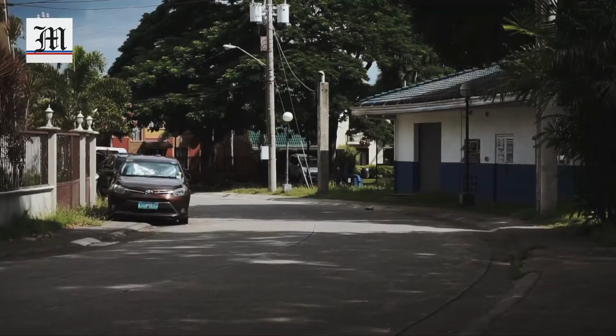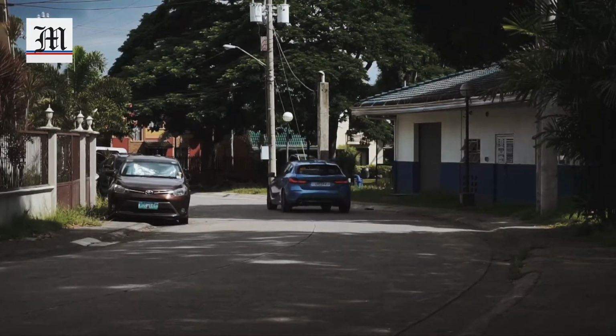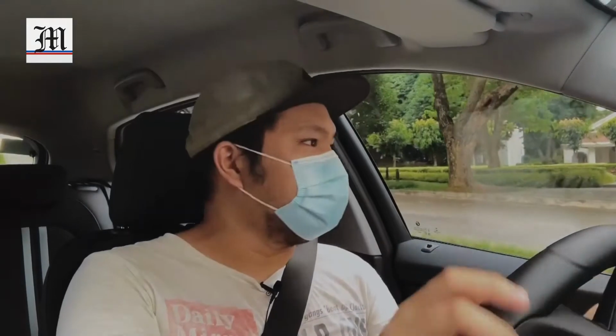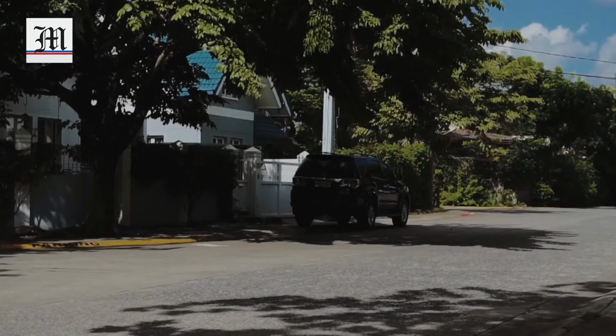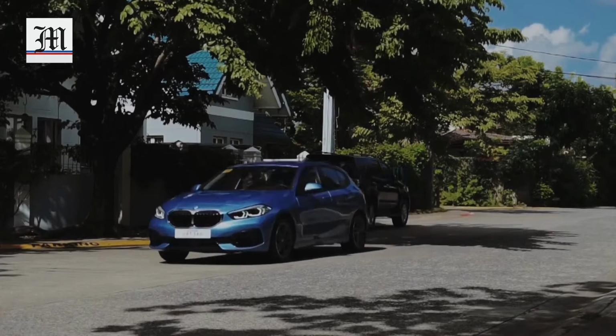It doesn't help with the fact na, as with every typical BMW, naka-run flat tires din to. So, talagang, ang ride quality niya is on the firm side. Though, tolerable, hindi naman siya yung super lala. On the upside yun nga, it's a fun hatchback to play with. As in, you really want to play with this hatchback. Hindi siya boring. As in, super fun to drive niya. Chuckable in every corner. Talagang,